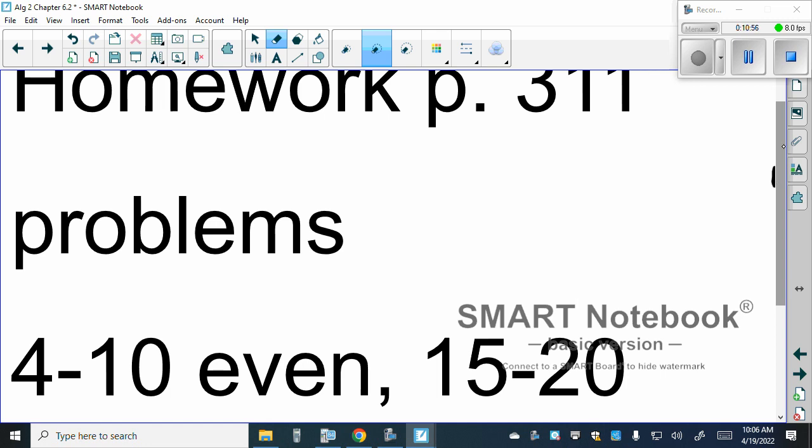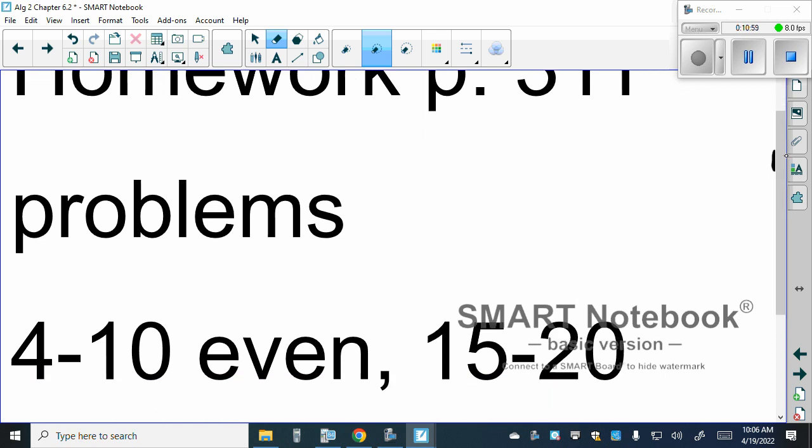So we're on page 311. 4 through 10 even, 15 through